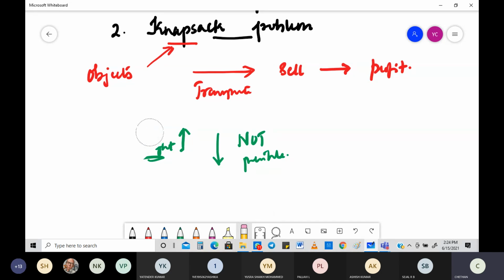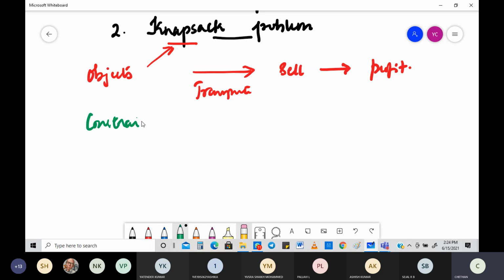Now, I'm going to do the same old thing, but in a different way with regard to knapsack. What is that important thing to be kept in mind? There are objects, you are putting them into the sack, you are transporting it, you are selling it, you are getting profit, that's all fine, but there is a constraint. Be careful. What is the meaning of constraint? Condition. What is that constraint or condition? It clearly says you cannot go more than the specified weight. What specified weight? Specified weight of the knapsack.